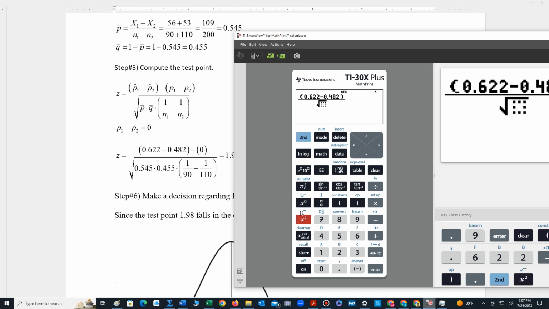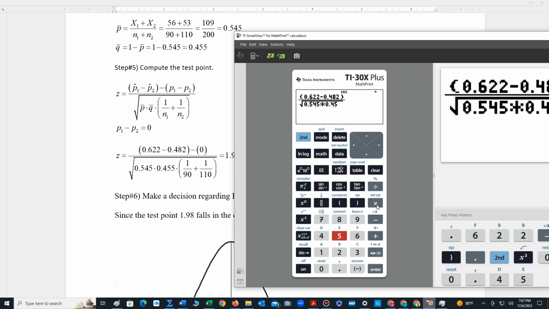In the denominator, we have the square root, so that's 0.545 times 0.455